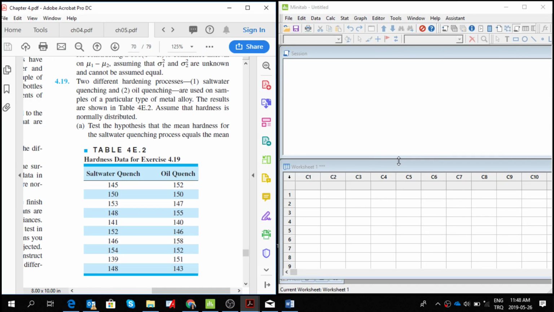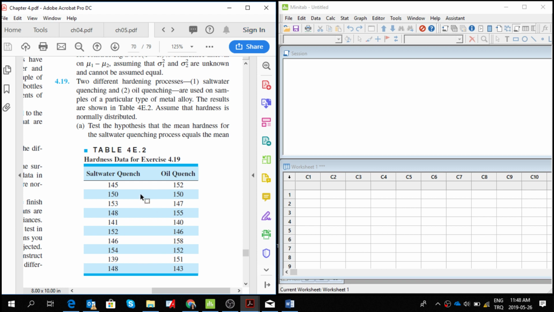Okay, we are going to talk about question 19 in chapter 4. And the question is as follows. Two different hardening processes, salt water quenching and oil quenching, are used on samples of a particular type of metal alloy. The results are shown in table